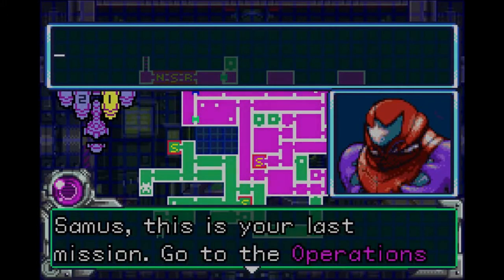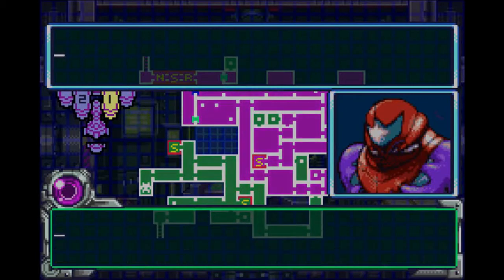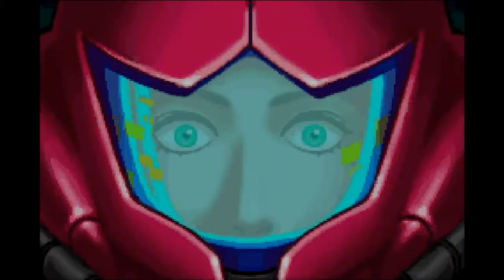Samus, this is your last mission. Go to the operation room and adjust the station's orbit